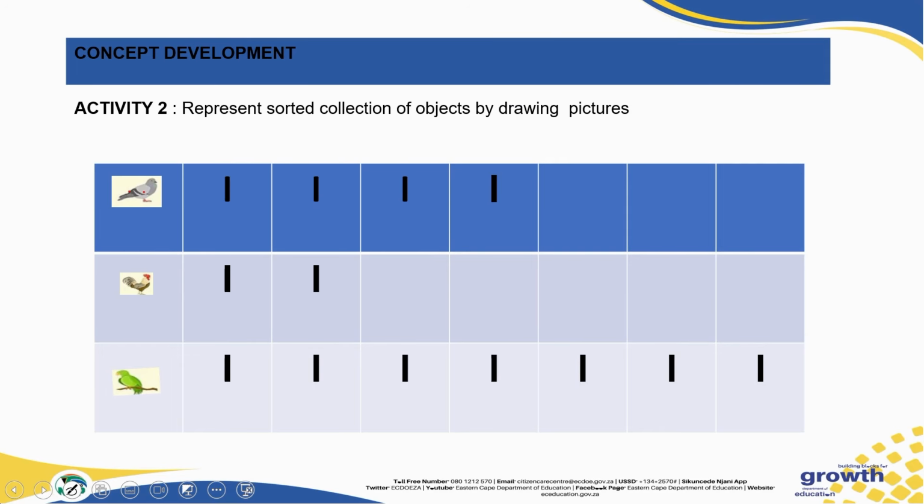There was a number 4 written on that picture. Let us count now these drawings. 1, 2, 3, 4. It's very good. There were 4 pigeons. Now, let us look at the number of roosters. Can you recall how many roosters we have there? Correct. Remember, we said there are 2 roosters. Do you still recall the roosters? They were 2 on that side. Now we are going to count the drawings to make sure that we are correct. 1, 2. That's correct. We have collected 2 roosters.